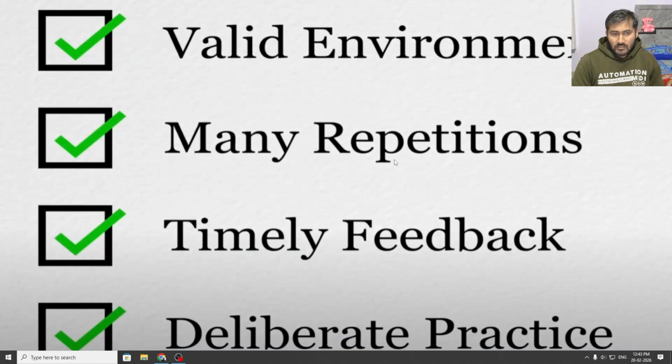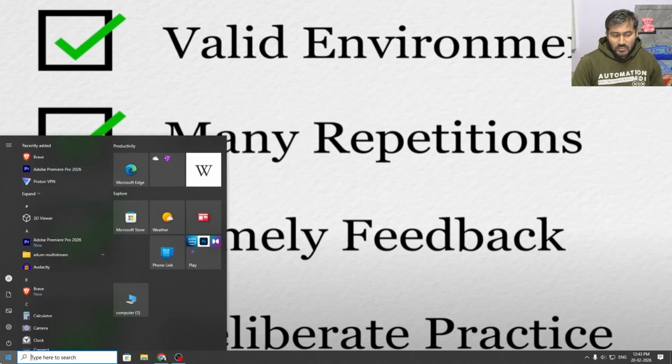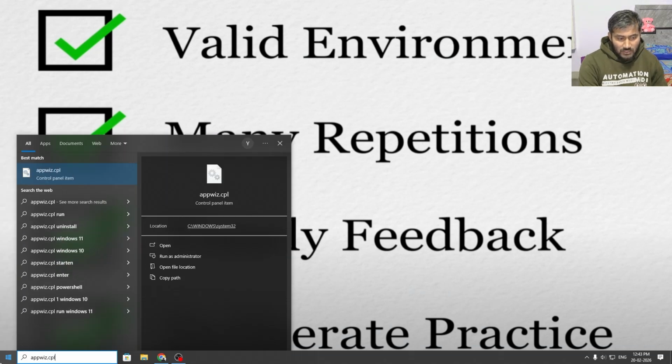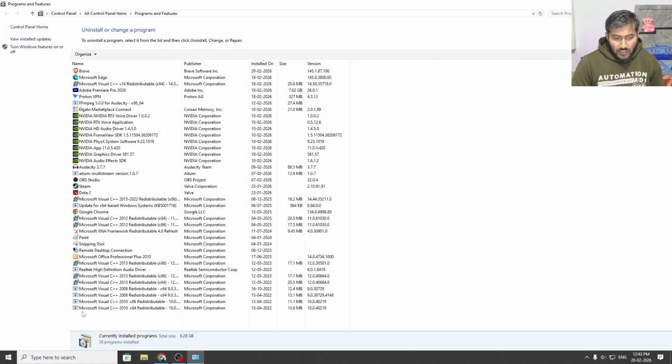To avoid that, what you can do is you can click on the start menu and type in appwiz.cpl and hit enter, and it will directly take you to that page. This saves a lot of time, especially if you're working in IT and installing and uninstalling lots of software and you need to